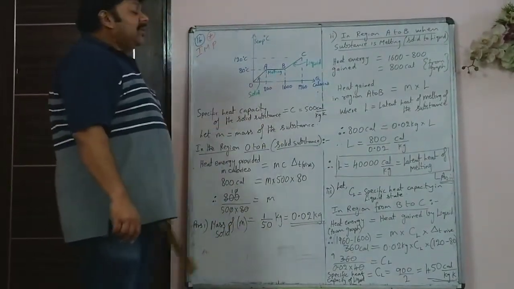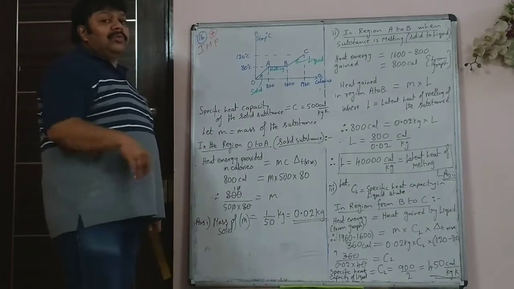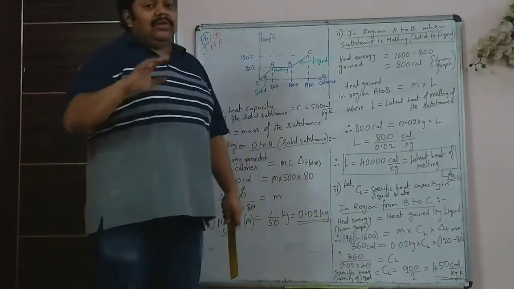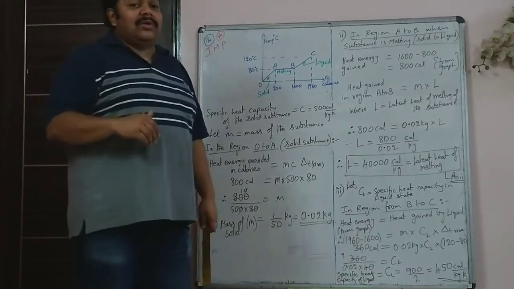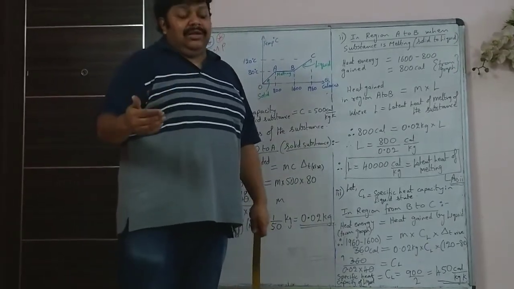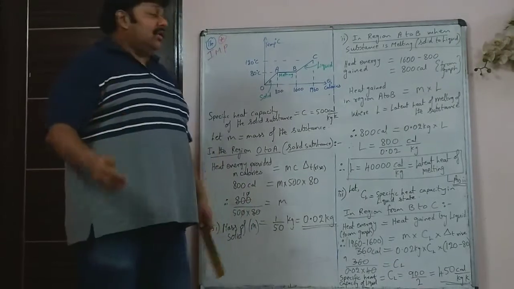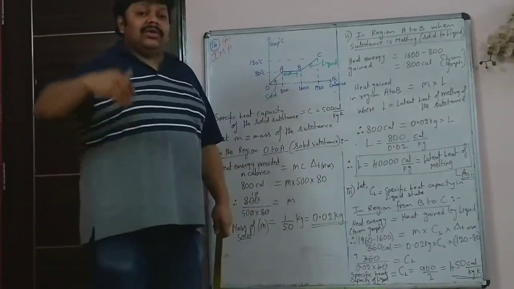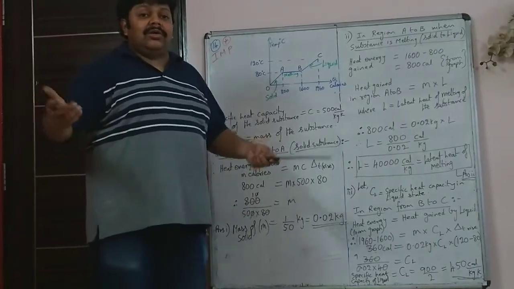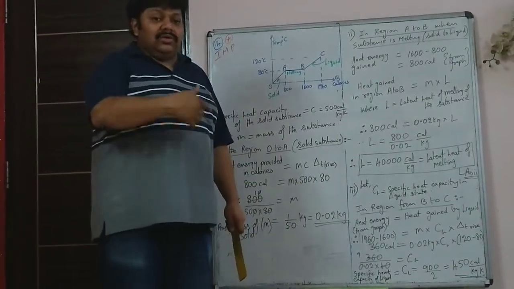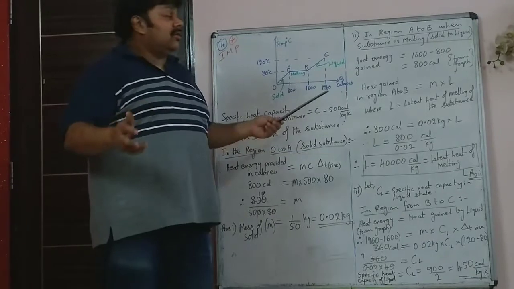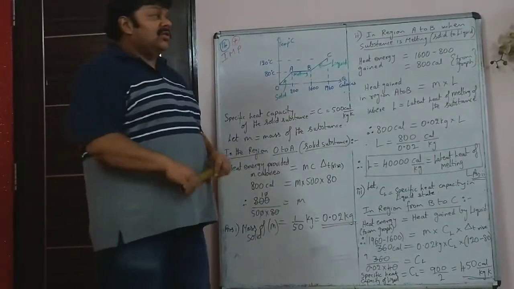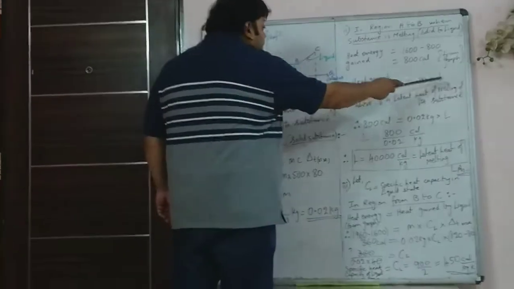Now region A to B, there is no rise in temperature, so obviously you can't use the formula mc delta T. The other formula that you learned in this chapter was M into L, mass into latent heat. Why is it called latent heat or hidden heat? Because there is no rise in temperature. You can't see what the heat is doing. Of course, it is visible. You can later see that the solid gets converted to liquid. So it is breaking the bonds. So you will use the formula MLF.